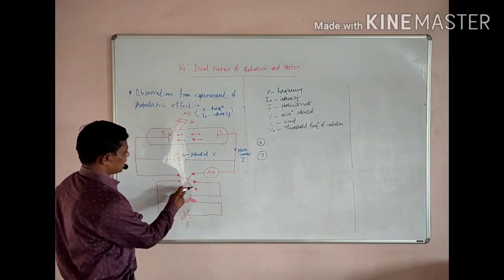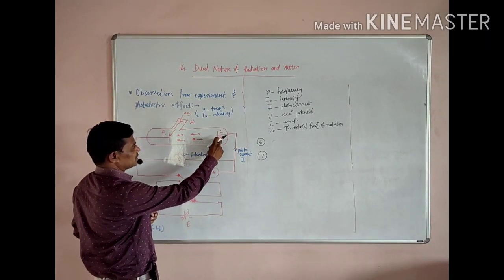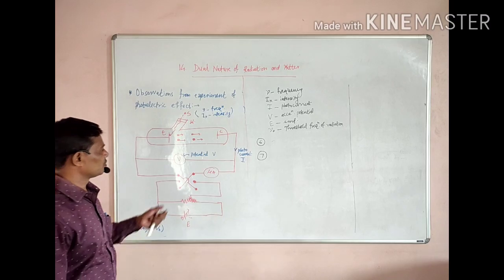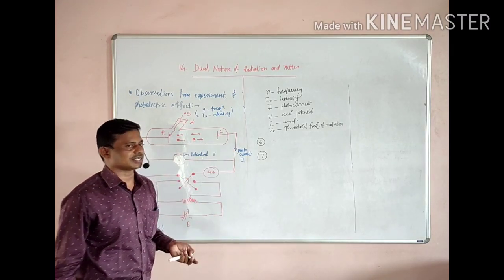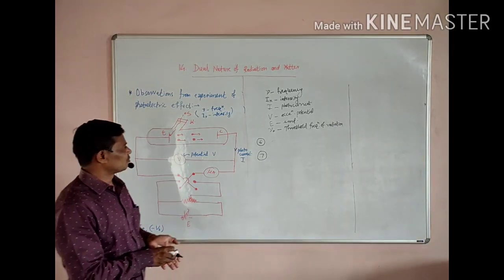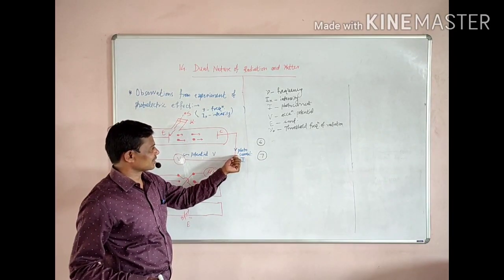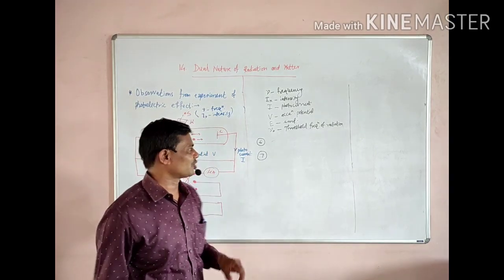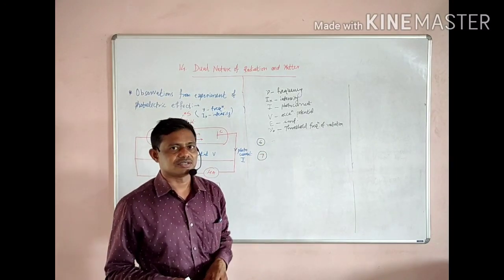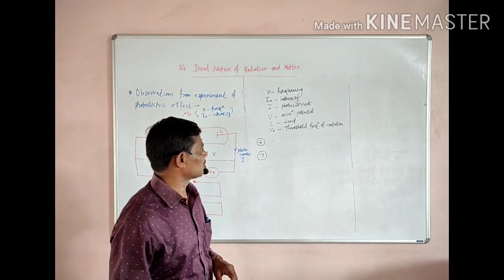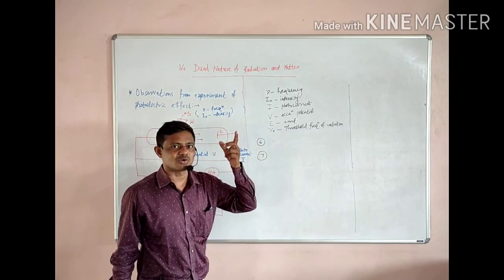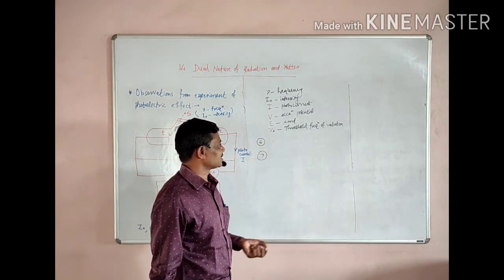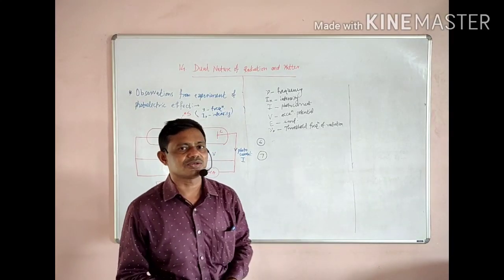When we apply a negative potential, that means the collector is maintained at negative potential, or we increase the negative potential of the collector plate, we observe that the photocurrent in this circuit goes on decreasing and becomes zero at a particular negative potential, which is called the cutoff potential or stopping potential, at which the photocurrent becomes zero. This potential is called the stopping potential, or minus V0.